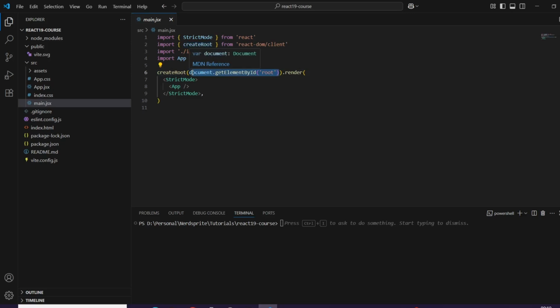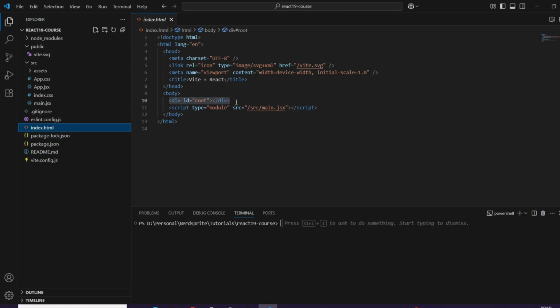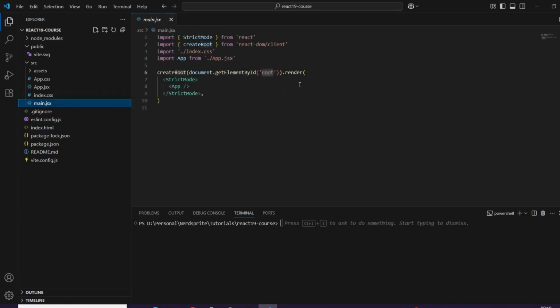So here it finds the div in the index.html which has the ID of root. We have already seen, right? We have the div with ID root. So it finds this div, and then it has the .render method. So it actually mounts your UI starting from App.jsx into the browser window.